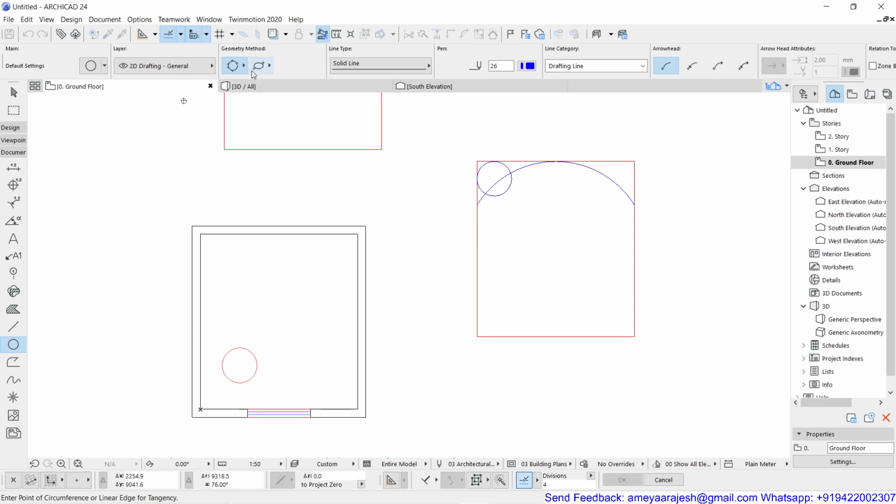The next part for this in the circle tool is related to ellipse. So if I press G again from the keyboard, you will see the geometry method is now changed for working for the ellipse. And of course, you can check this with the flyout. There are three options, and out of that, the first option says about the bounding box concept.